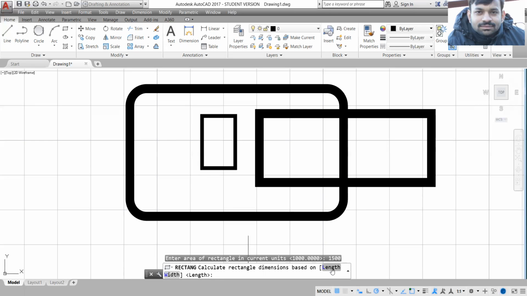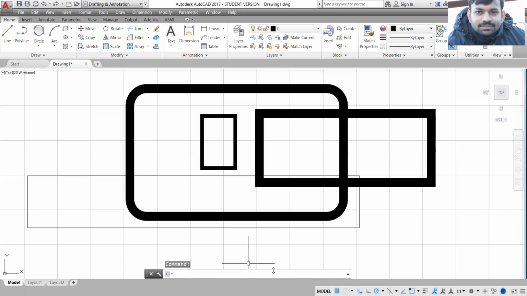If we know the length, then we can enter the value of length. If we know the width, then we can enter the value of width. Let's say the width of my rectangle is 15 units. So I will select width and enter 15. Press enter. So it will draw a rectangle of area 1500 units and whose width or height is 15 units.